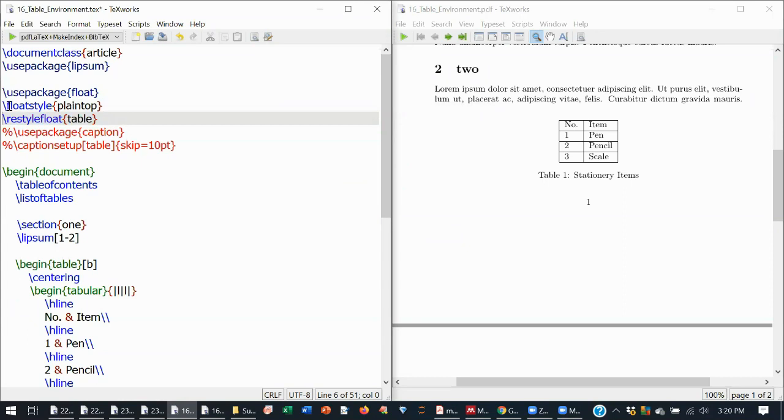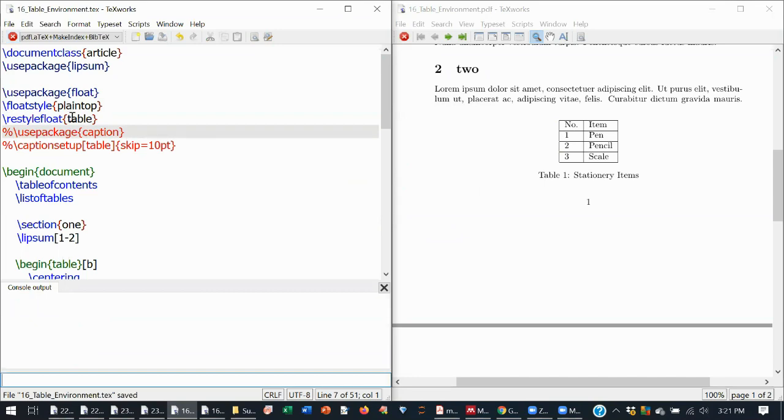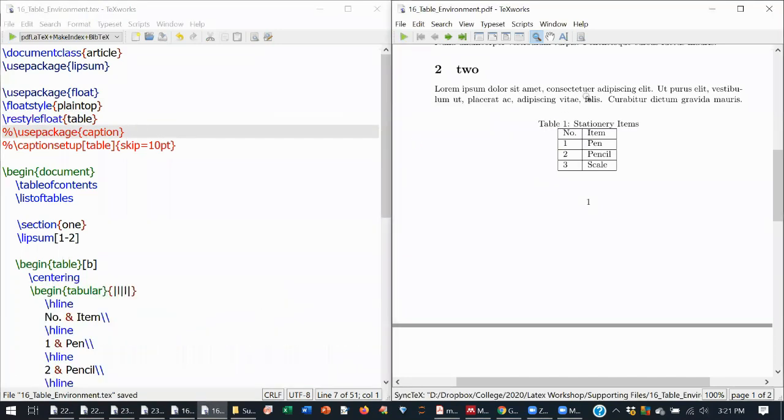Now I'm telling it to change the float style to top of the table. Then I am telling restyle, just to do this only to the table. If you add only these three commands, what will happen? We can see the caption is attached next to the table. So we need just a gap.